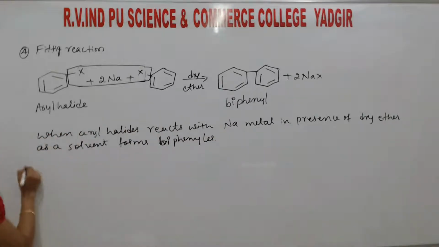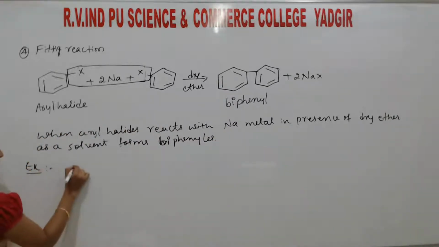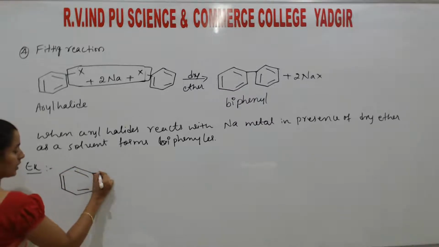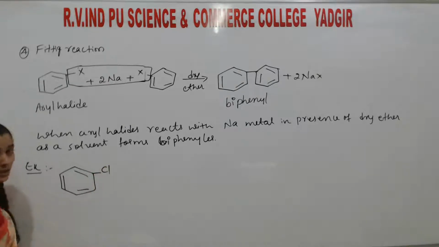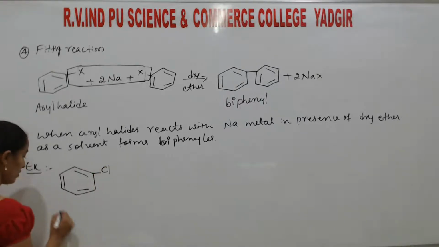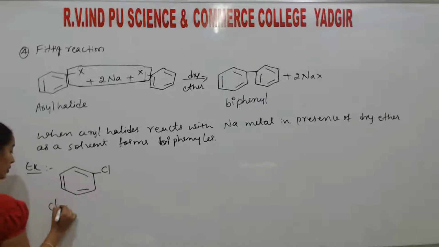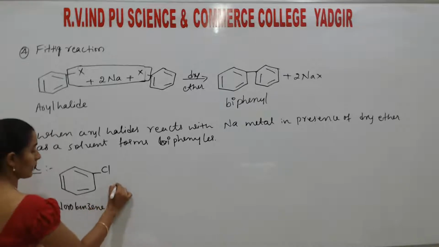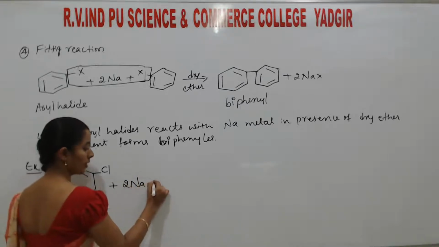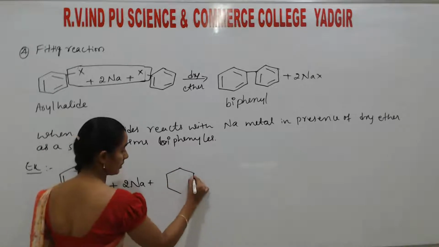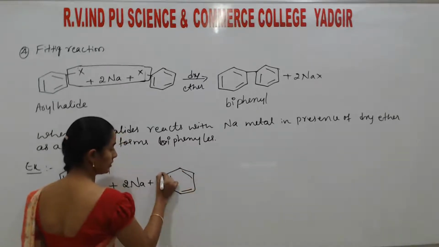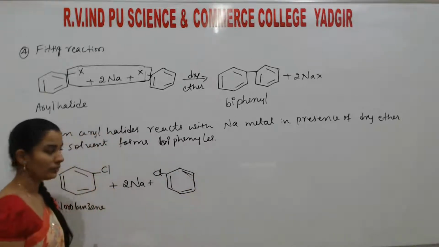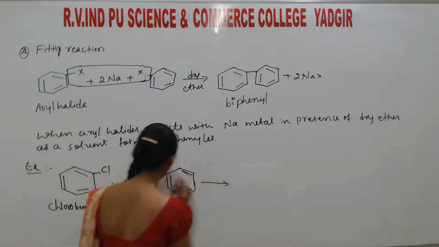Okay, so if you take the example here, the benzene ring is in the place of X, we may take Cl, chlorobenzene, or benzene chloride, you will say, or chlorobenzene. Plus 2Na plus the benzene ring with the Cl. Then the product formed is